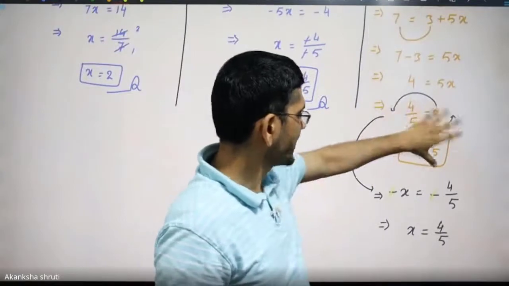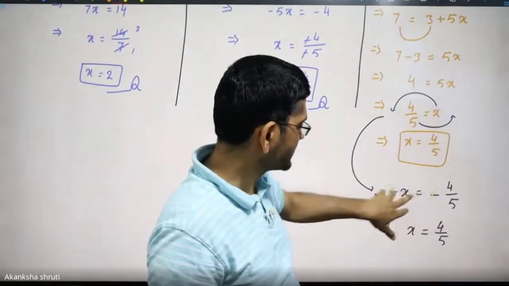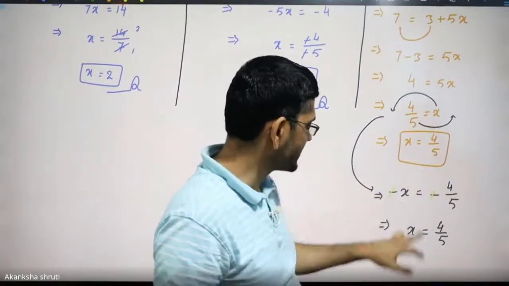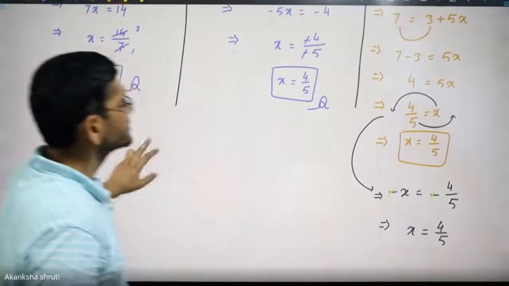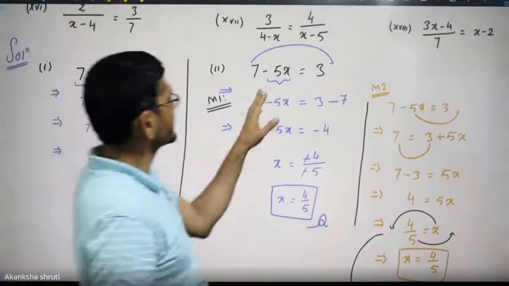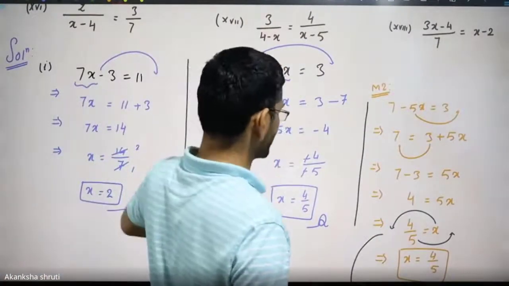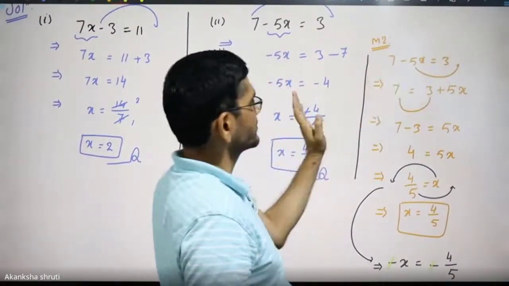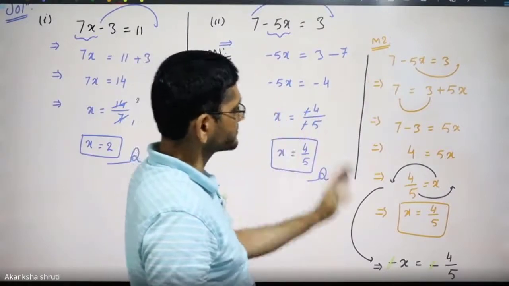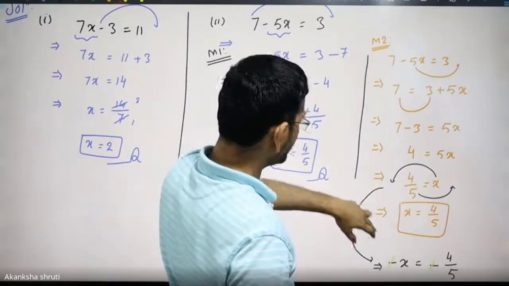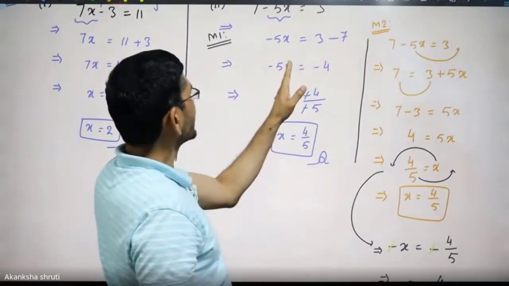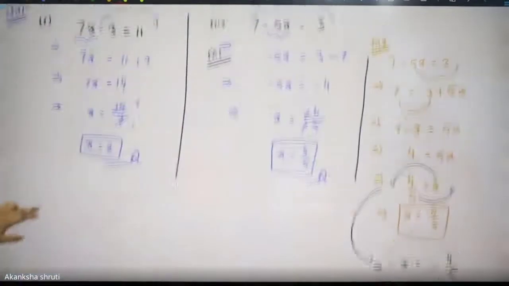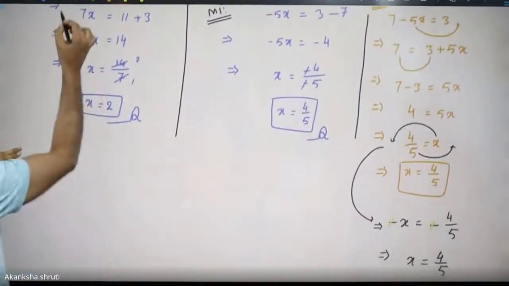So this is the shortcut that you have to keep in mind to avoid writing this step. Or if you have doubt, you must write this intermediate step, then write this. Okay, so this way we have the law. Even if the variable is with the negative, we can calculate it either by shifting the variable to one side and the constant to the other side so that the variable becomes positive, or keep the negative variable on the left hand side and finally cancel the negative sign. Now let us take one more kind of question.